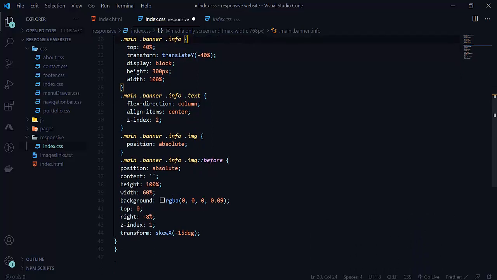So here we just want to change it to 0.5 pixel. So that is our image before here, that is giving us the little black color. Yeah, see that it is 0.5 color here. So here we want width to 100%.